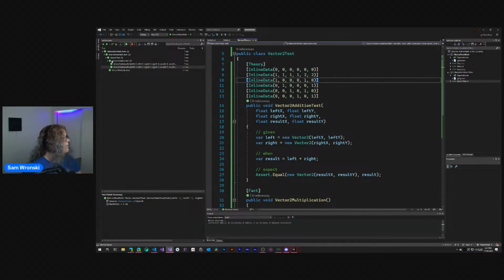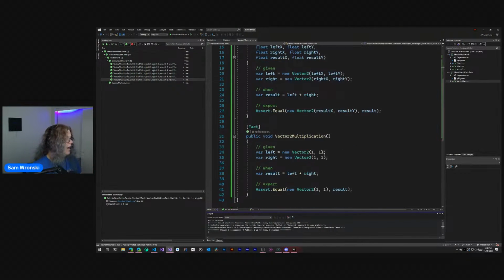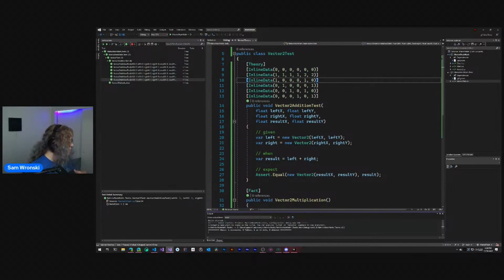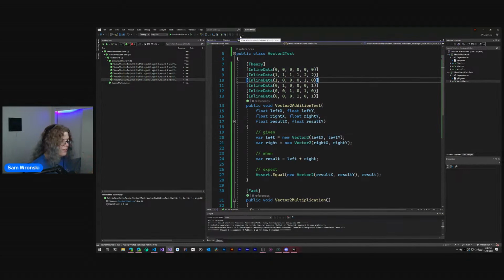So we have a bunch more tests. Let's just run all of these. This should hopefully give us a little bit of confidence that our addition is working. It's addition. We didn't do super complicated things here, but this is really useful for those more complicated features as well. Part of the cool thing of doing these vectors and matrix stuff is that there's math involved and potentially some complicated math, but it's not a lot of actual coding. There's not too much here to trip us up and get us lost